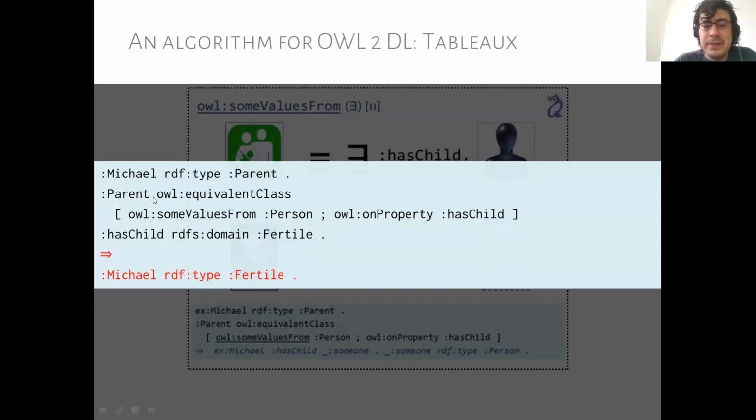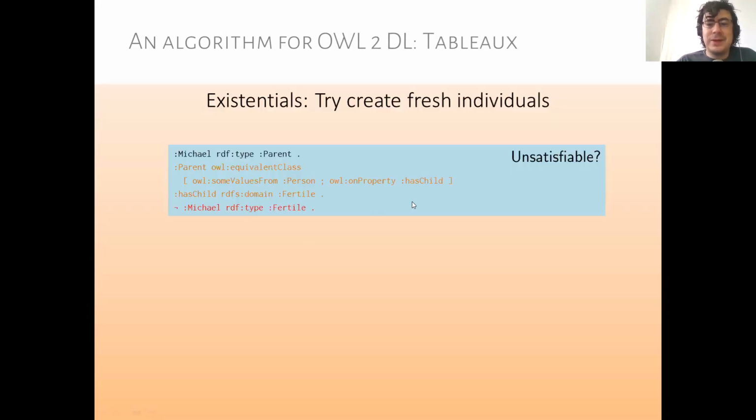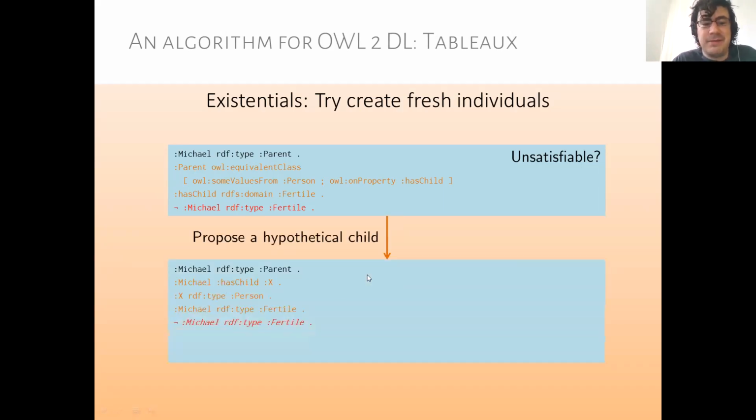But what we do in the Tableau algorithm is pretty straightforward. When we have this sort of thing that we know that Michael must have a child because Michael is a parent, we propose a hypothetical child. We'll just say, okay, let's say Michael has child X, right? Which we could also represent with a blank node, for example. And that X is a person. Okay, so we can expand out that, and it doesn't really matter what X is. We know that Michael has some child. And then we check to see if this is